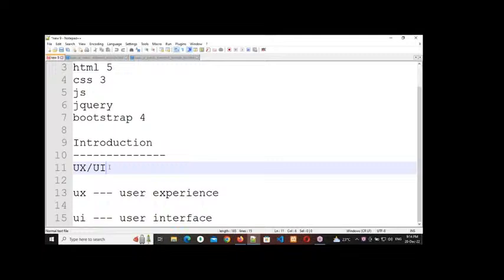So how can we interact? By clicking on something, by hovering on something, by scrolling up and down, or by typing. So what is he doing? He is interacting with our application. Clear, everybody? By using the user interface, we can let the user interact. User experience means what the user can experience. For example,